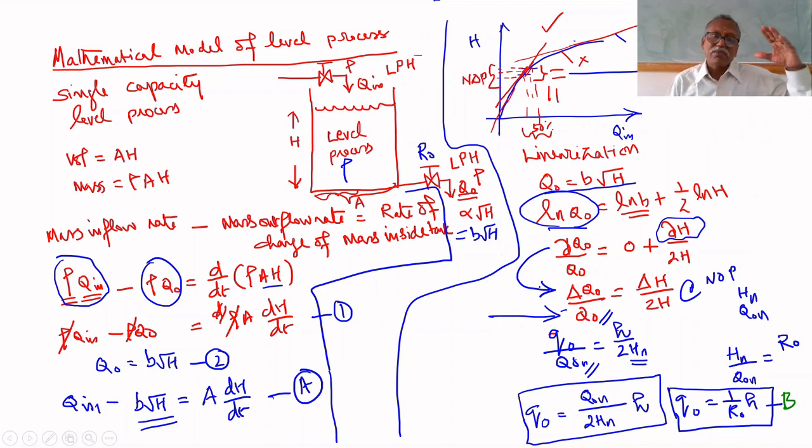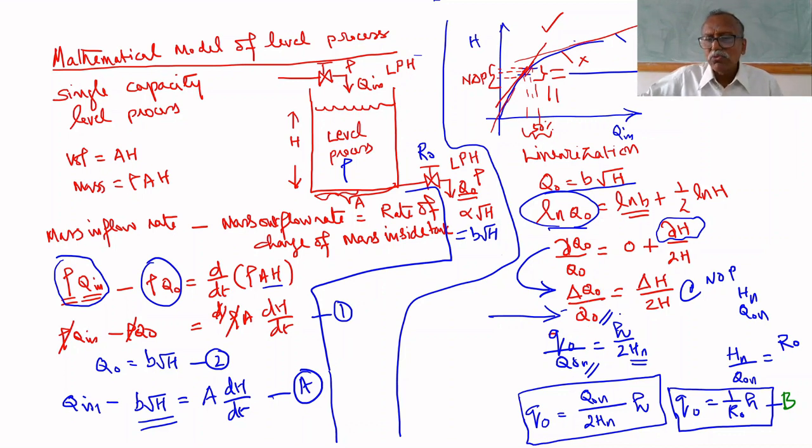Capital Q naught is the total flow rate. Suppose it is 10 liters per hour; that is called the total flow rate. The change about the nominal operating point is 0.02 liters per hour. That is Q in or Q naught, the changes about the nominal operating point, so that is delta Q naught. Therefore, delta Q naught by Q naught equals, we are assuming that it is true,